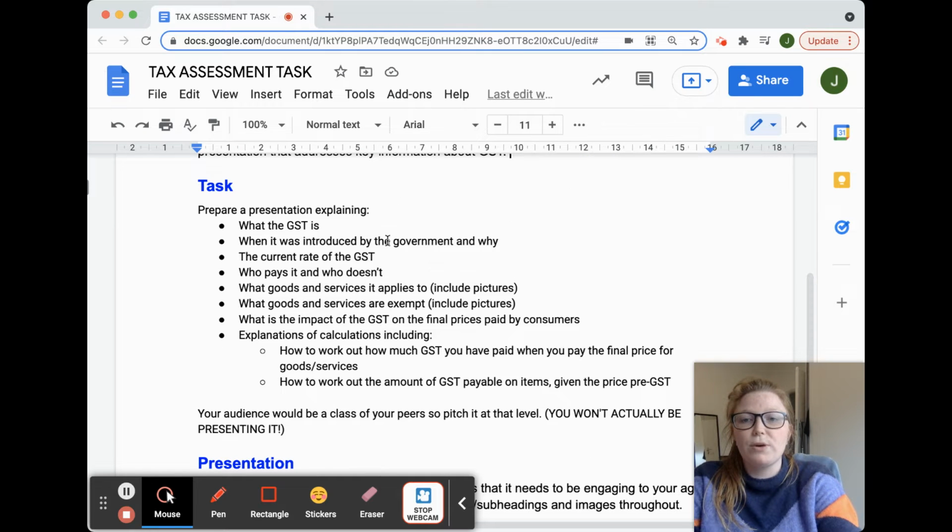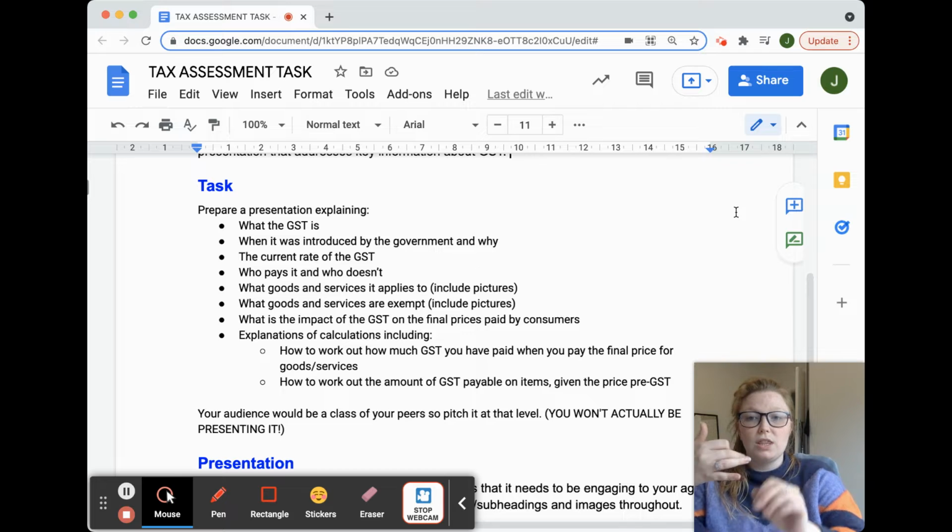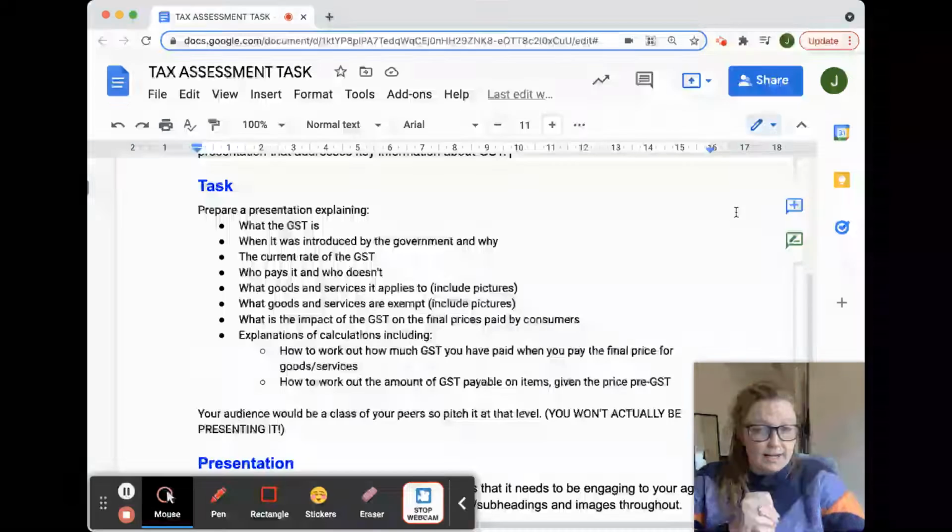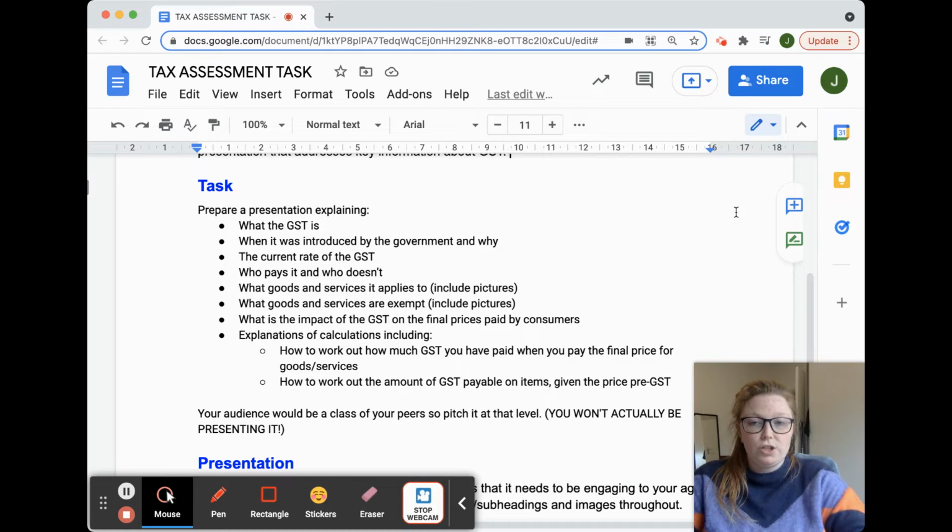All right, so prepare a presentation explaining what the GST is, when it was introduced by the government and why, what the current rate of GST is, who pays it and who doesn't, what goods and services it applies to, including pictures, what goods and services are exempt, so what don't have GST attached, again, including pictures, what is the impact of the GST on the final prices paid,